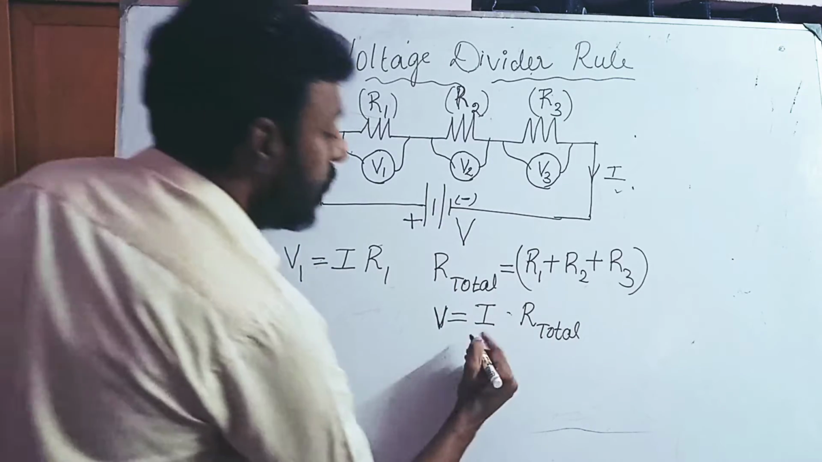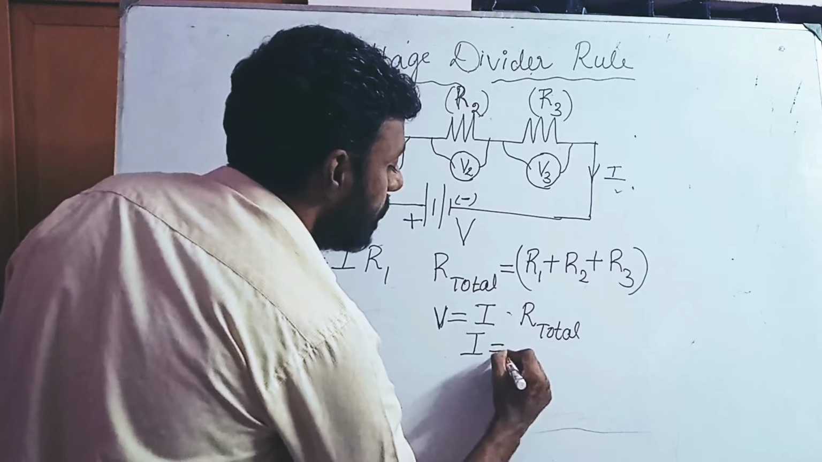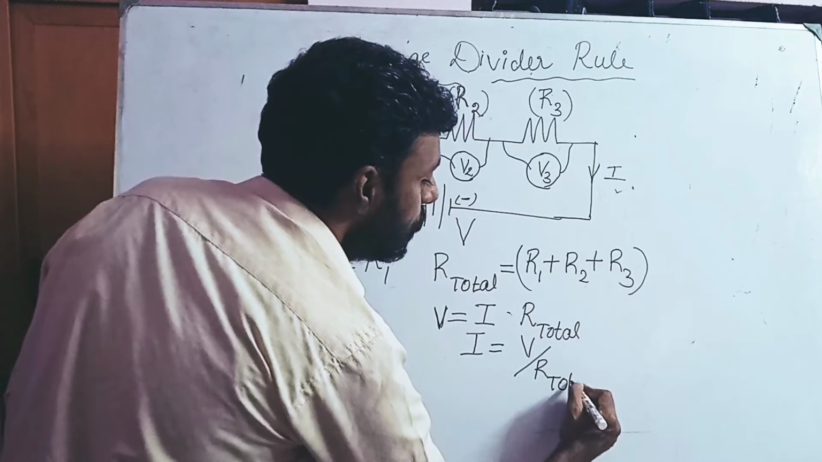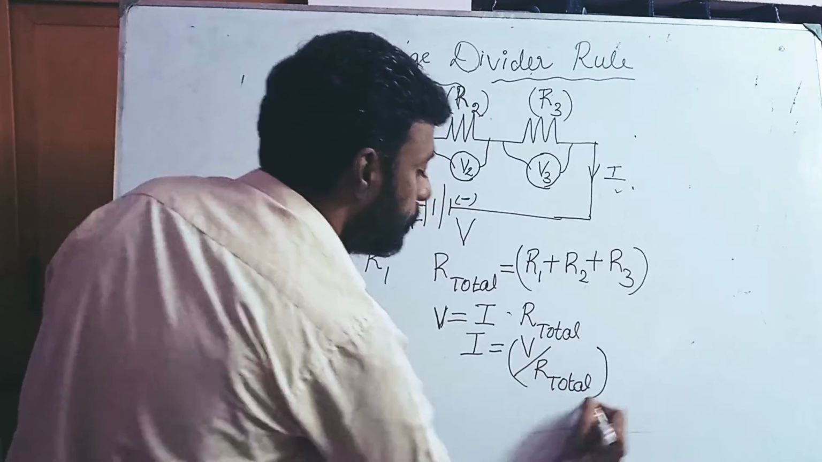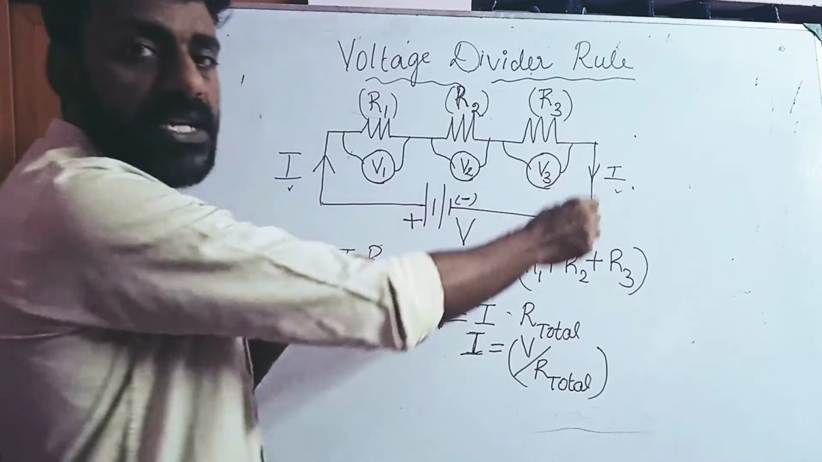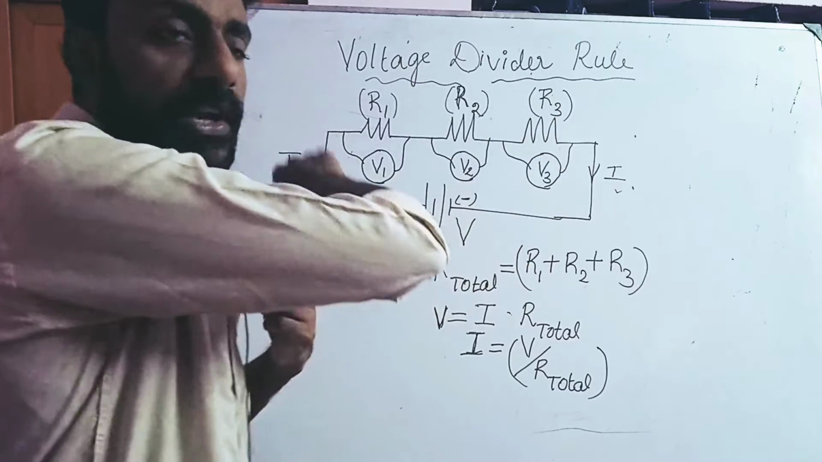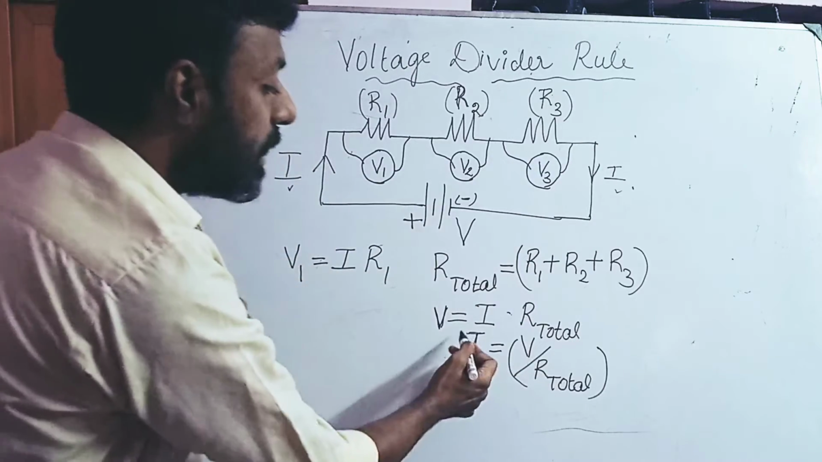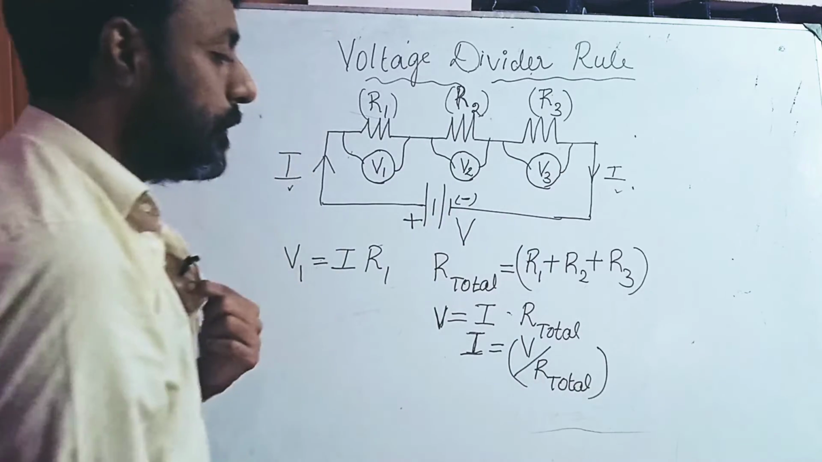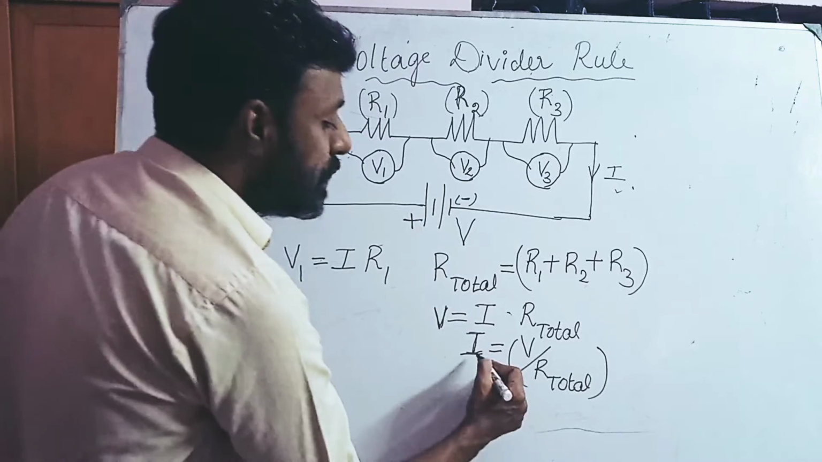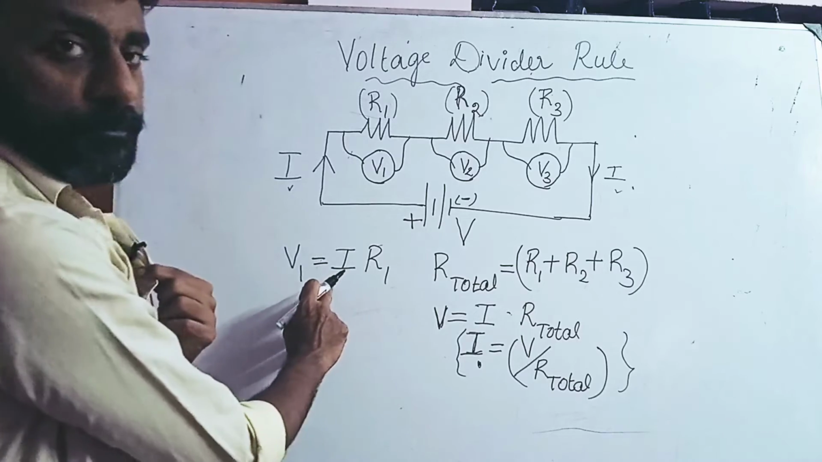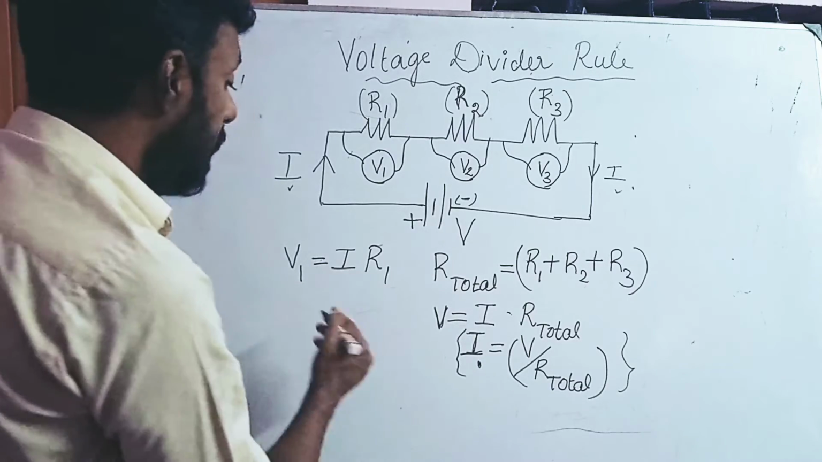So what is I over here? I can be written as V divided by R total. So I got the value of I. I is nothing but the current that is circulating through the entire circuit. I got the magnitude of the current for this entire circuit: I is nothing but V divided by R total. Okay, so I'm going to substitute this value here. So if I substitute this value over here, I'll be getting